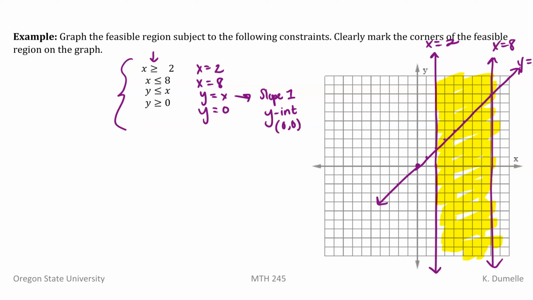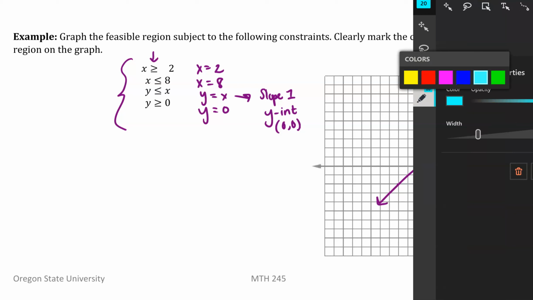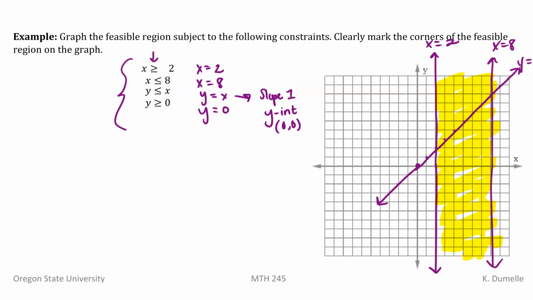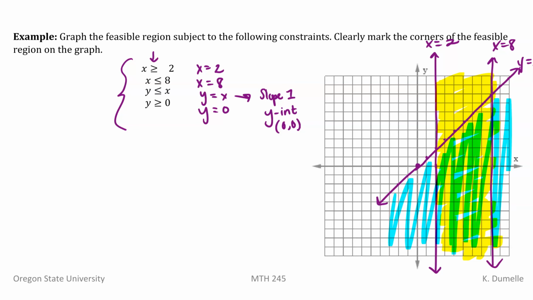Now we need to know, do we shade above or below this line? There's a few ways you can decide to do this. We can either plug in a point and check to see which point makes the equation true. Or you might know that if we see this less than, that usually tells us to shade below the line. I will grab a new color here so we can distinguish it. So we're going to shade below the line y equals x, which would be all of these values. You're starting to see where our overlap is for our